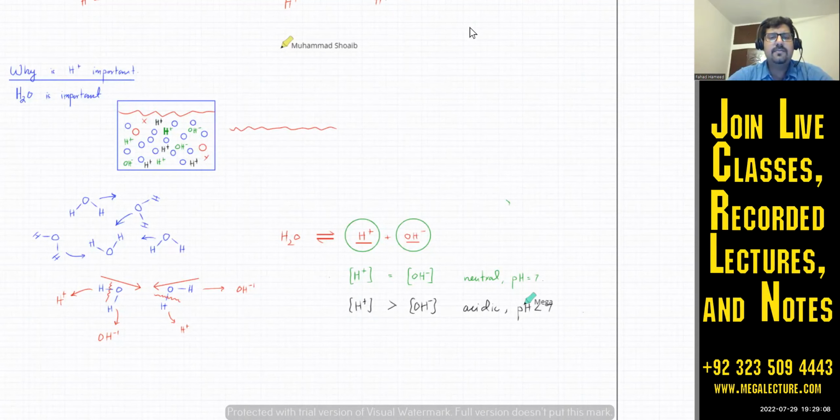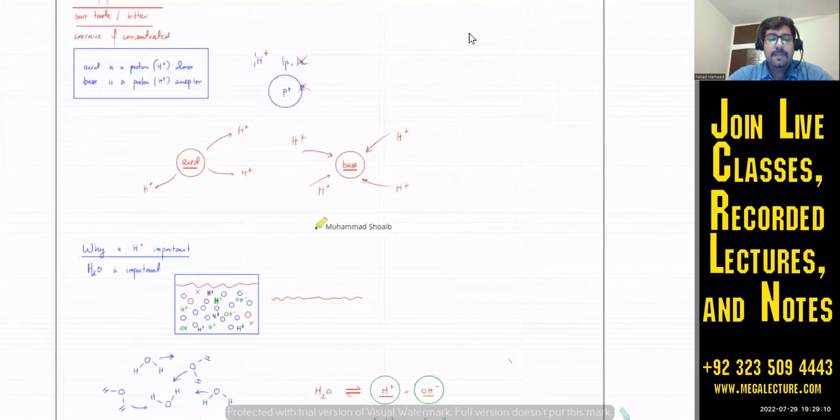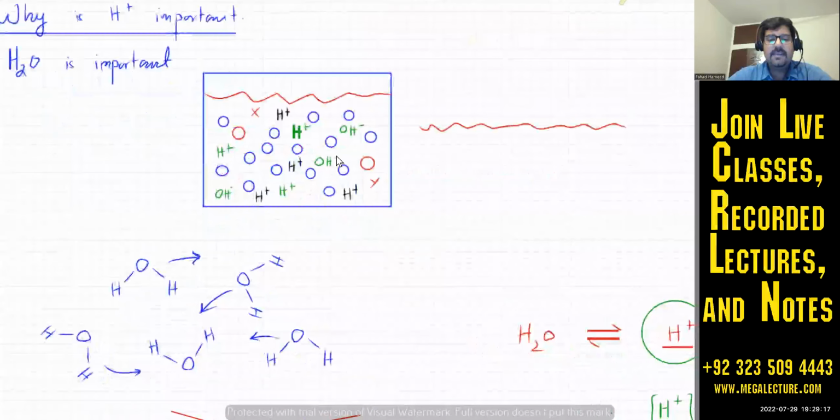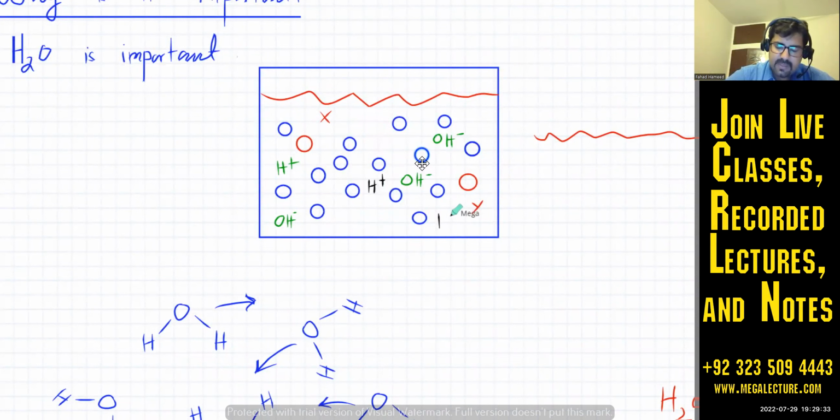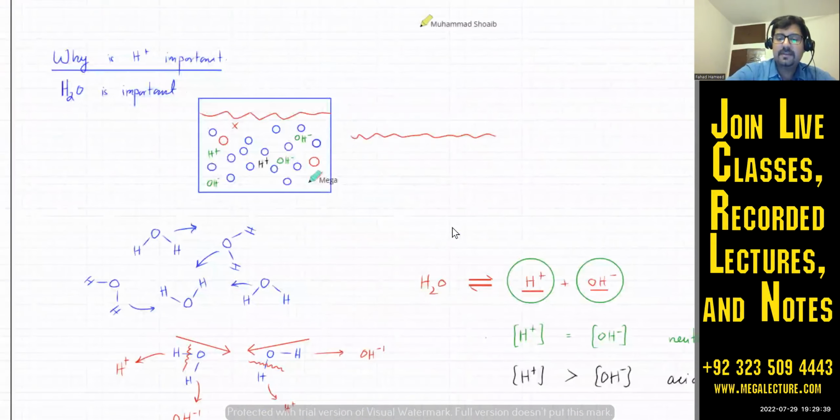अच्छा और फिर base, what will a base do? Base is another molecule that actually consumes all the H plus ions. So if I take my solution, जो भी water का solution है, and I add a base to it, what will a base do? The base will start removing all the H plus ions, उनको वो consume करना शुरू कर देगा. So it will start consuming all the H plus ions, eventually the quantity of OH ions will be higher compared to the quantity of H plus ions. So that is what a base does, कि base जो है ना